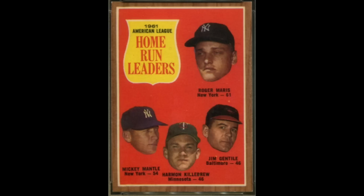But the reason I made the exception for this one is it's a very historically significant card in that it highlights the Roger Maris 61 home run season in 1961. That's the year he set the single season home run record, and that record lasted close to 40 years. For that reason, you could say Roger Maris is really the star of this card, making Mickey Mantle your number 2. Not often where you're going to find Mickey Mantle as the number 2 player on a card from the 1960s. Harmon Killebrew also in the Hall of Fame, also over 500 home runs, all-time great. And Jim Gentile really is sort of a weakest link here, but we're going to overlook that